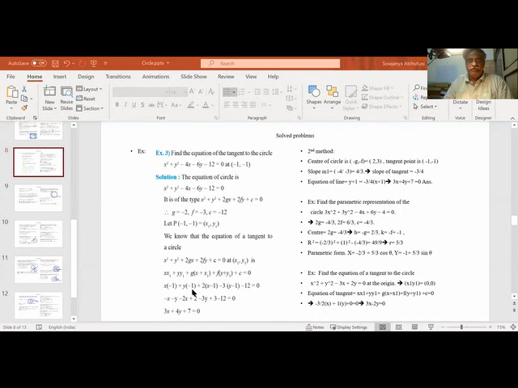X1 plus y1, this is minus 2. Minus 2 into x minus 1, minus 3 into y minus 1, minus 12. So minus 2 into x, minus 2x. It has become minus 2x minus 3y. So all numerals. The tangent is 3x plus 4y plus 7 is equal to 0.